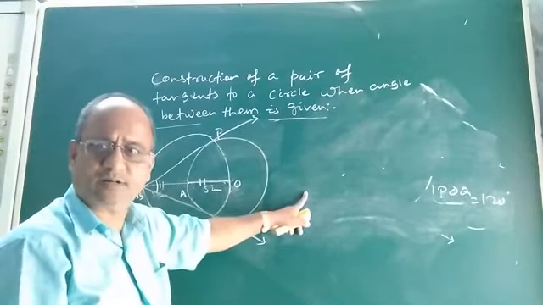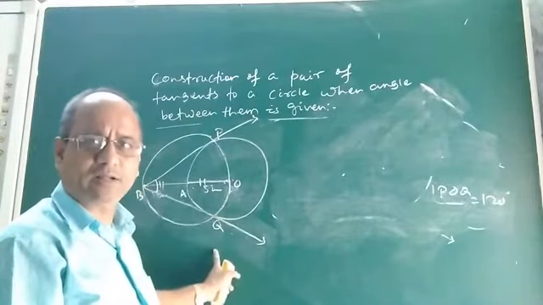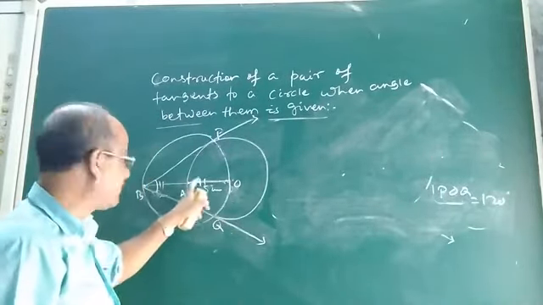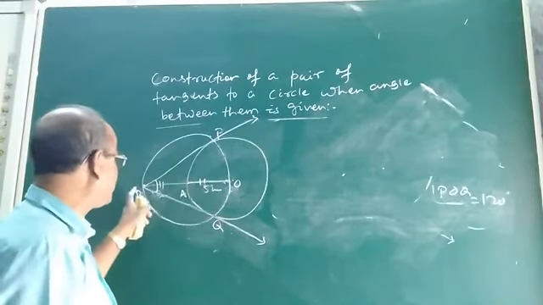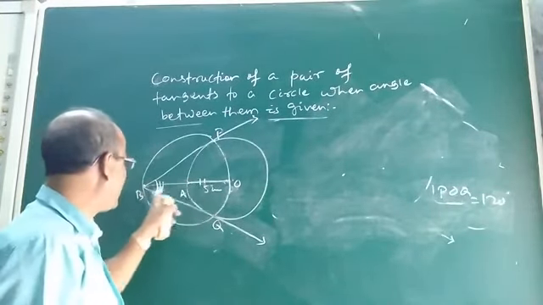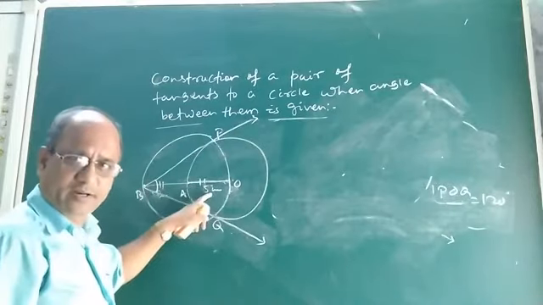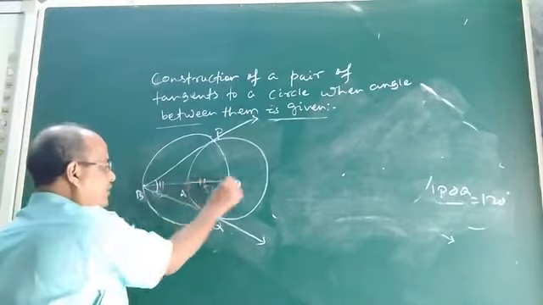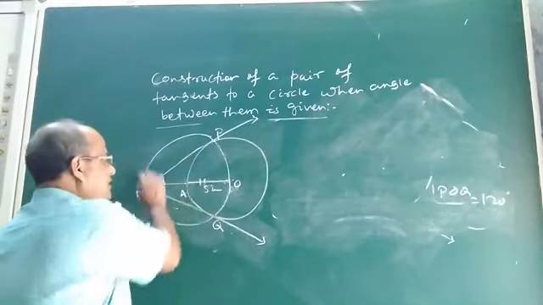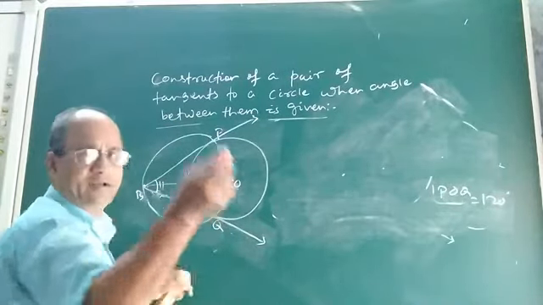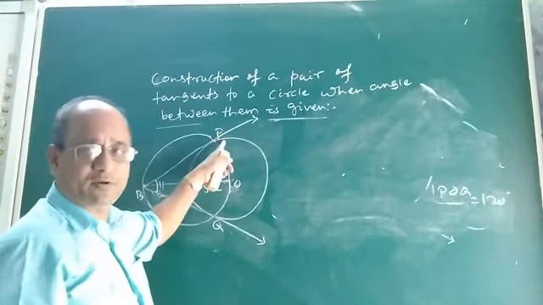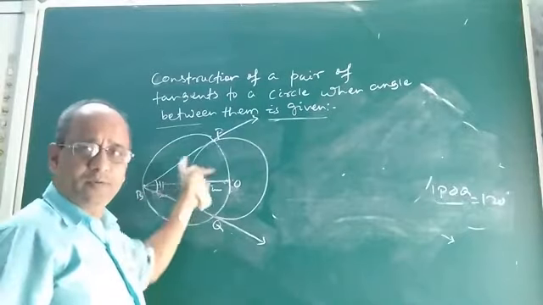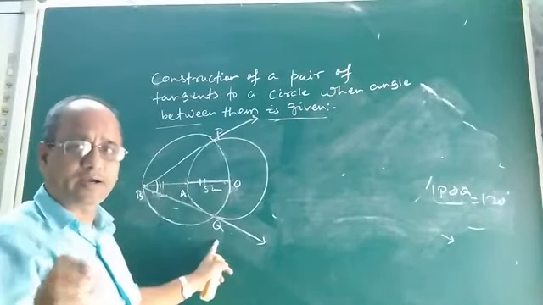The first method I discussed was very easy. In the second method, what will you do? First you construct the circle. Suppose the radius is 5 cm. Now you extend OA up to suppose B, such that OA and AB are equal, 5 cm each. Now take A as center. Taking A as center and AB or OA as radius, if you draw a circle, this circle will intersect the given circle in two distinct points. Name the two distinct points P and Q. Then you join BP and BQ. So BP and BQ will be the two required tangents.